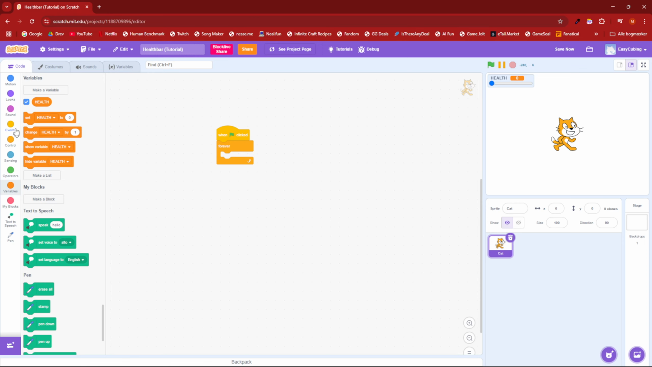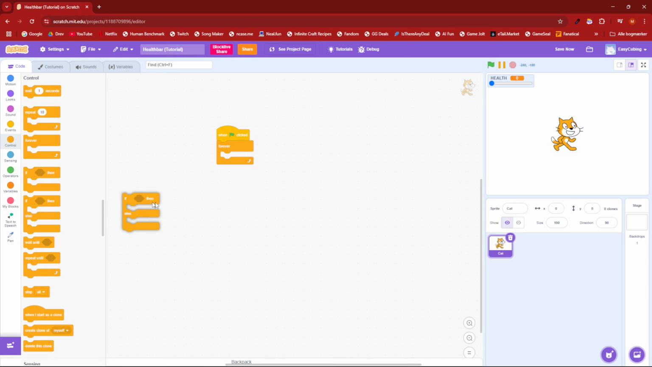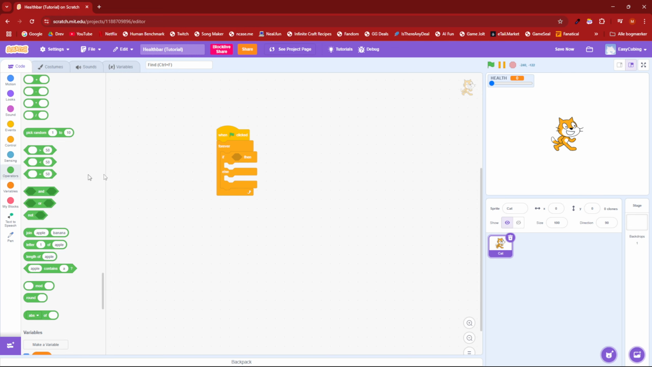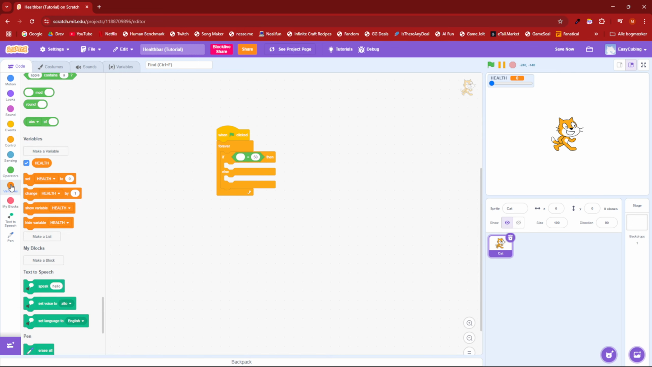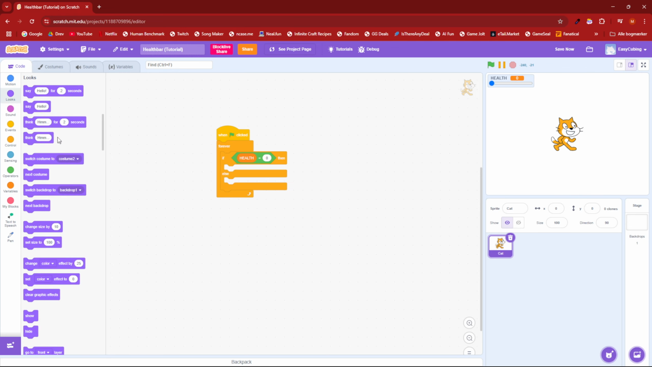Then we're going to go ahead and say an if else block here and get an equals in here. Then we're going to put health here and put 0 here. Inside there we're going to